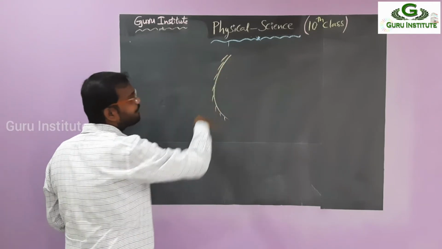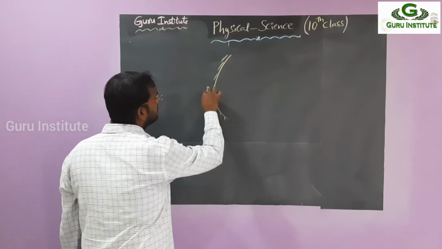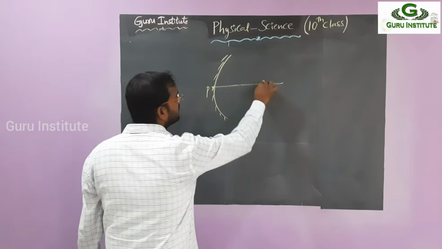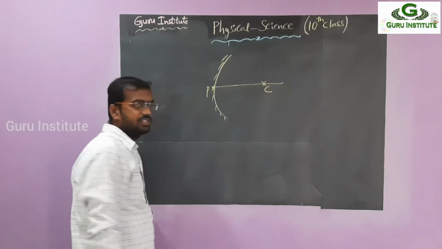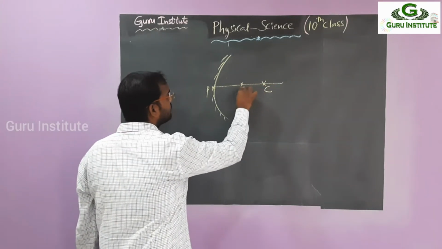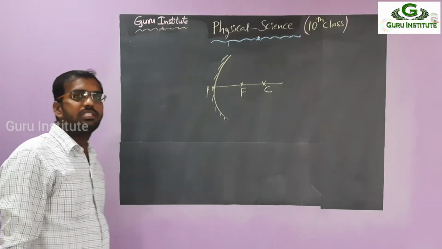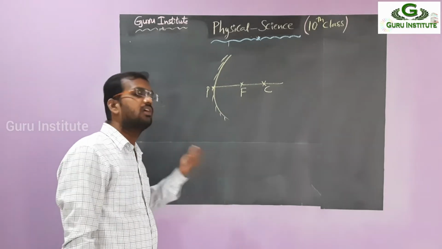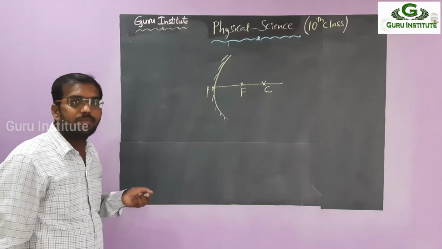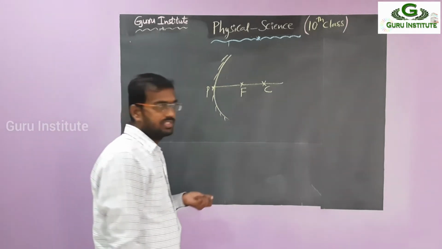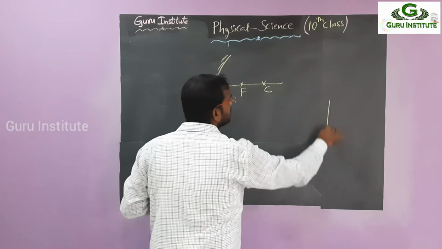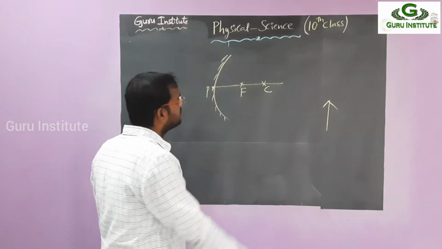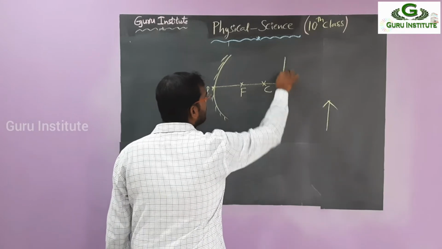So this is the surface, this is the pole and principal axis, and after that center of curvature and focal. Okay, now we have to see the ray diagrams of this concave mirror as well as convex mirror if the object is placed at the different positions. So we have to take the general object as like an arrow mark. Okay, so first case, if we take the object at